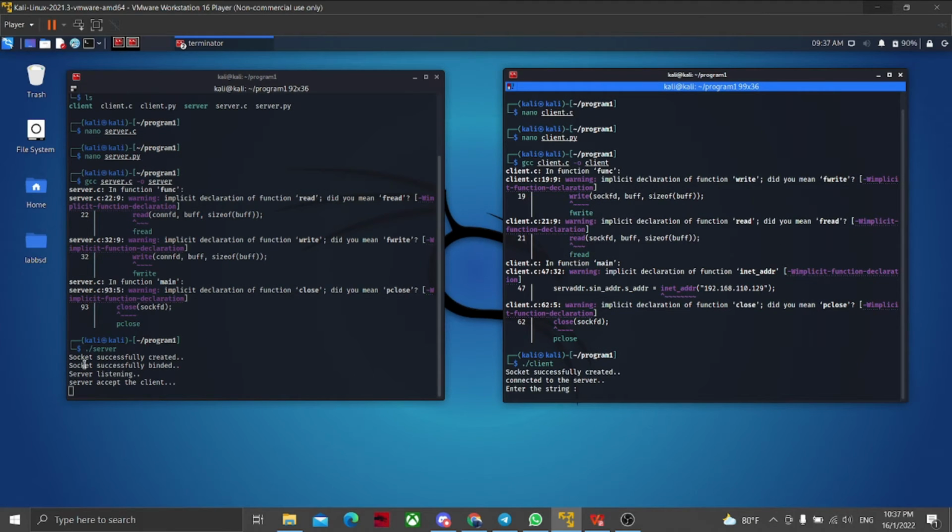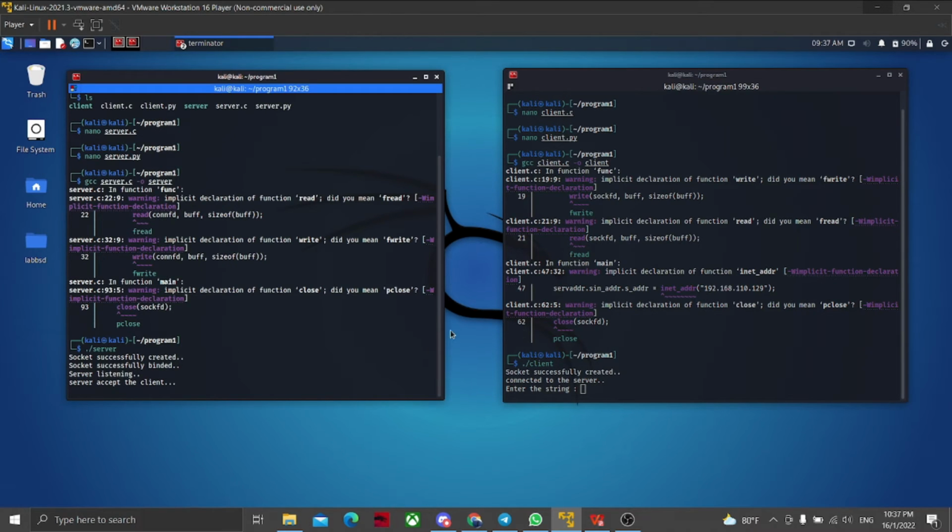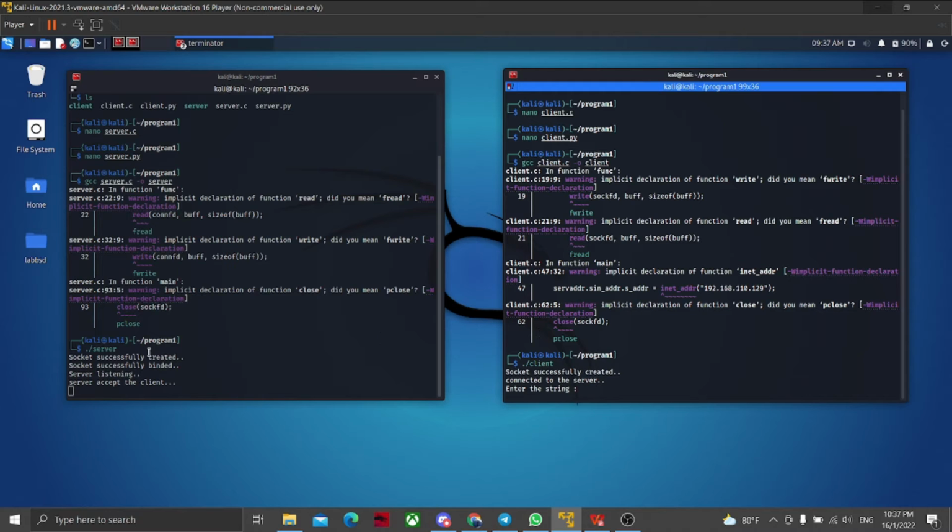Alright. As you can see here, we already ran the server and the client. So as you can see here, we're gonna enter string. As you can see here, the socket was successfully created. My bad. The socket in the server has successfully been created, and the server is already listening to the client. So we're gonna enter the IP address 192.168.110.129, and then